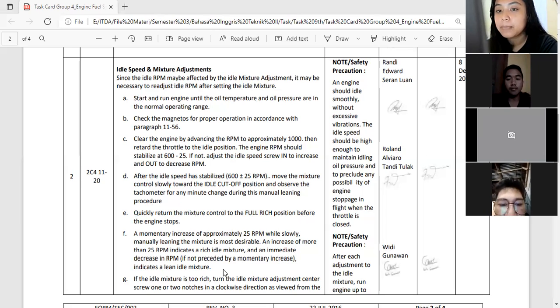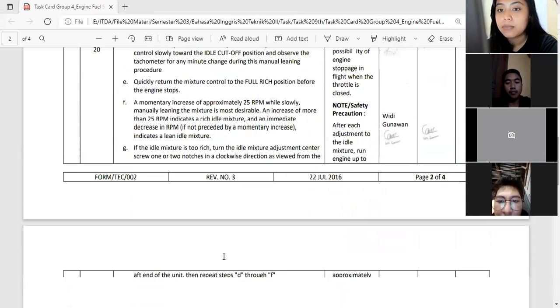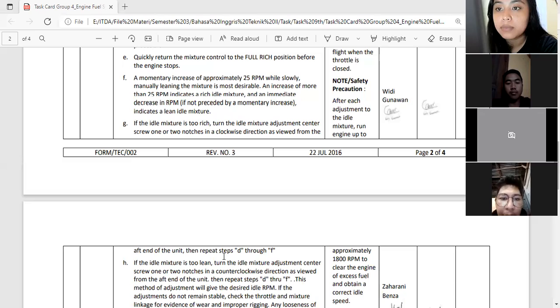Point E, quickly return the mixture control to the full rich position before the engine stops. Point F, a momentary increase of approximately 25 RPM while slowly manually leaning the mixture is most desirable.